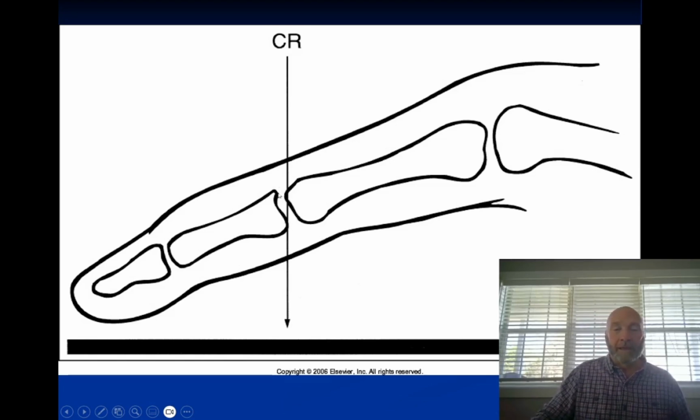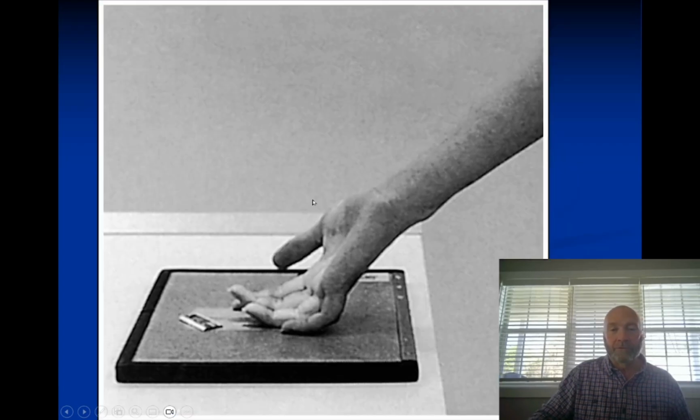So in order to open that up, what we need is the central ray to be going straight through the joint space, parallel to the joint space like that. If your patient can't straighten their fingers out, it may be helpful to shoot AP instead of PA. Sometimes with AP, it's also going to create some problems. Like in this case, it's not a perfect AP. Most of the time we shoot our digits PA, but in this case it's going to be AP. But what we see here is we're going to have the same problem. We've got an elevated proximal phalanx, so we're going to have a closed